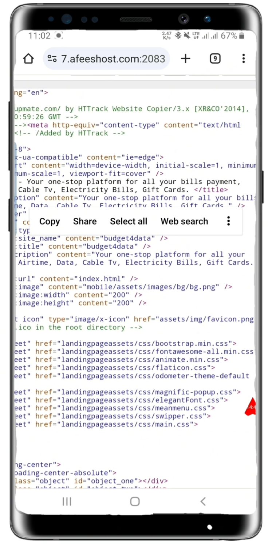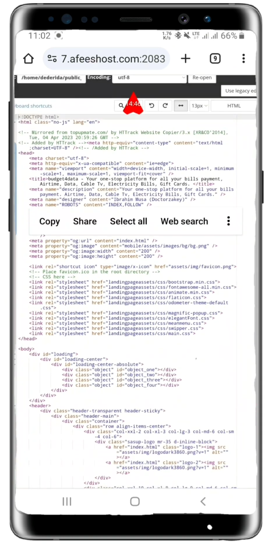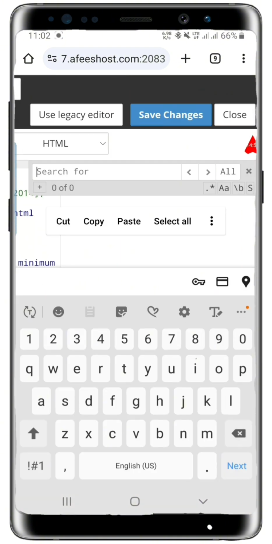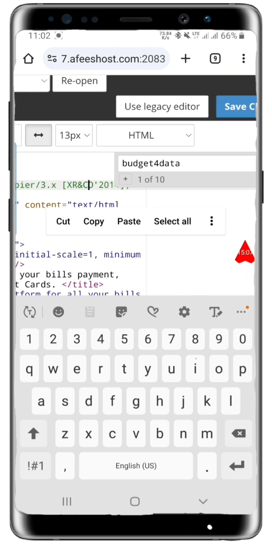You can click on index.html. This is the index.html file. When you click on it and click on edit, it will change all the information on the website to look exactly like your own. So let me use this